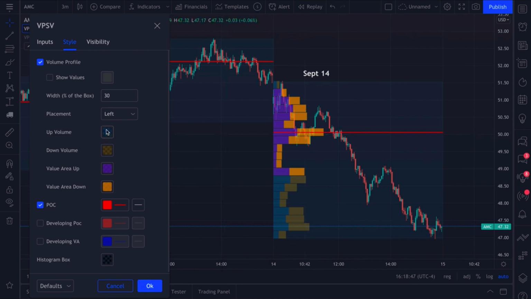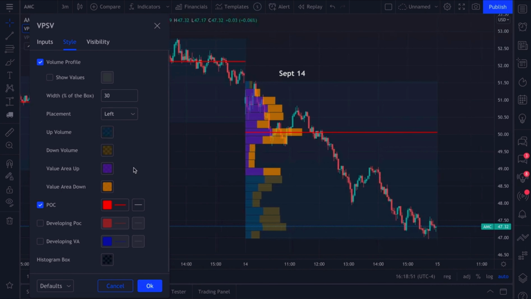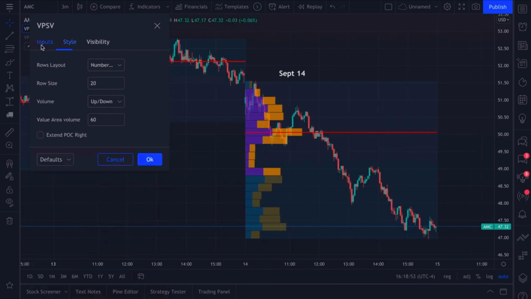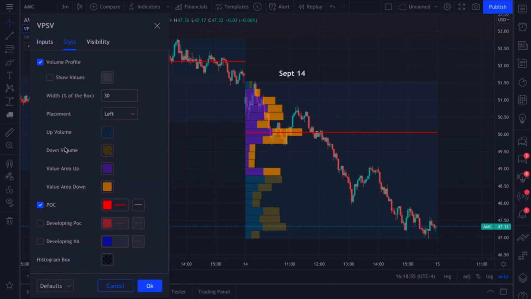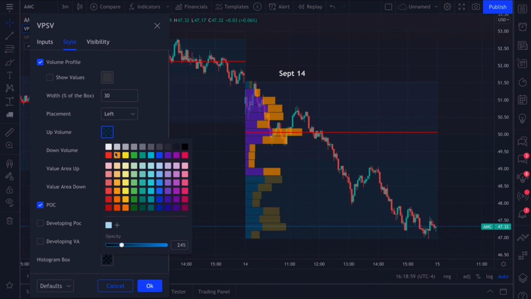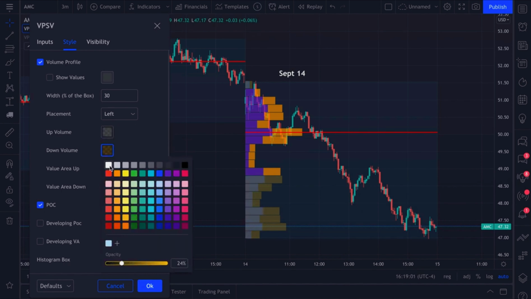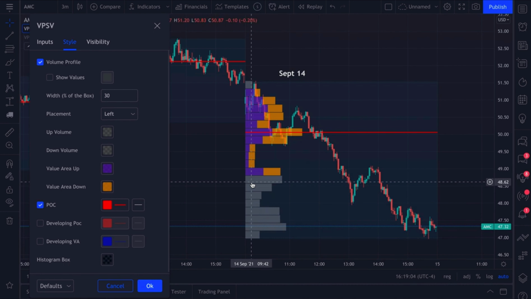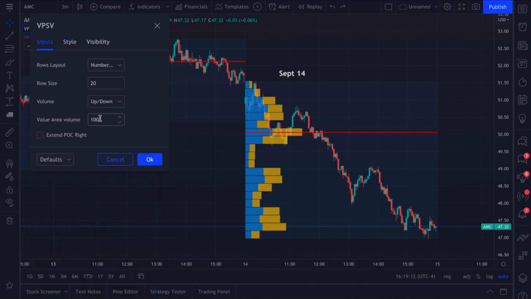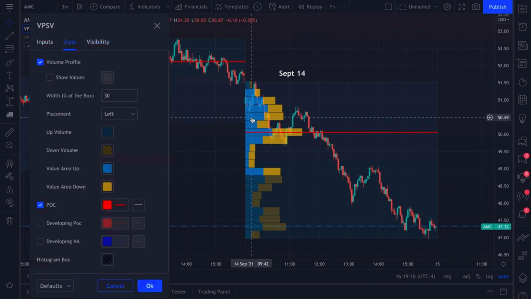And you can customize these volume profiles so specifically that you can have the value areas, as defined by this 60, different than the zones that are outside of your value area. So we could even make it disappear, and really we can make it white so it kind of fades off the chart and not focus on it. But let's undo all of that and keep it back to its normal way. Let's take this back to 60. And now we see blue is up volume,